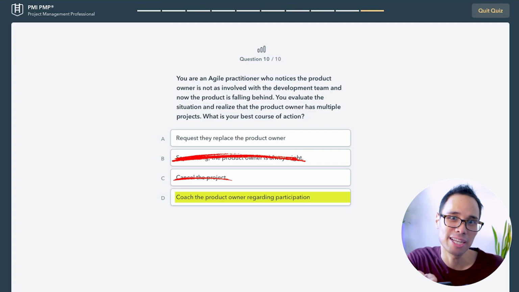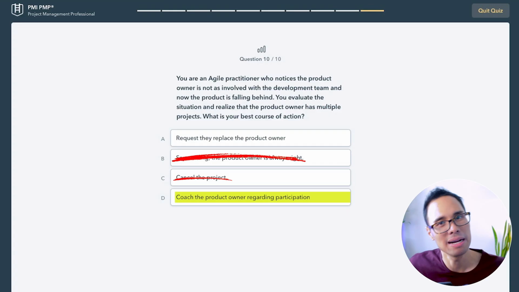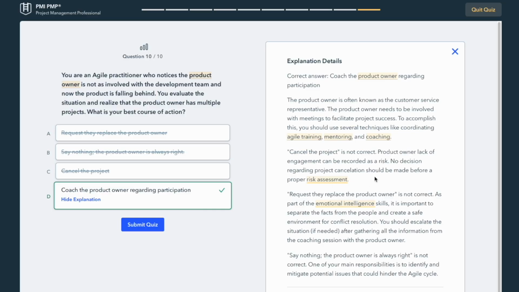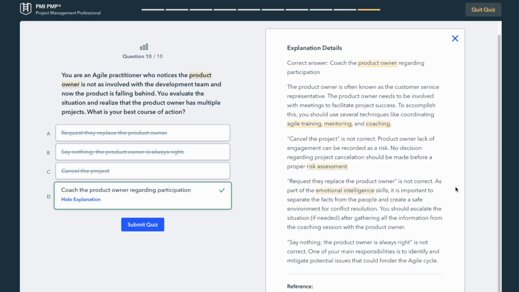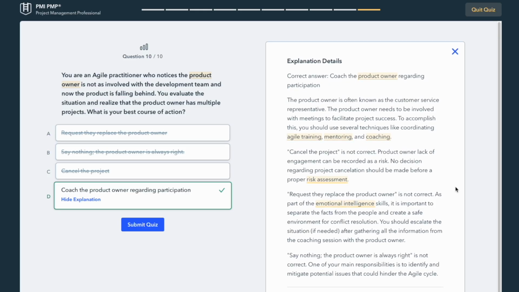Because project managers should be serving the team using the servant leadership mindset and coaching the product owner. Here's what Pocket Prep shows. The product owner needs to be involved with meetings to facilitate project success. So you should use several techniques like coordinating agile training, mentoring, and coaching. Now, what I love about using Pocket Prep is that in the explanation, it highlights in yellow the different key